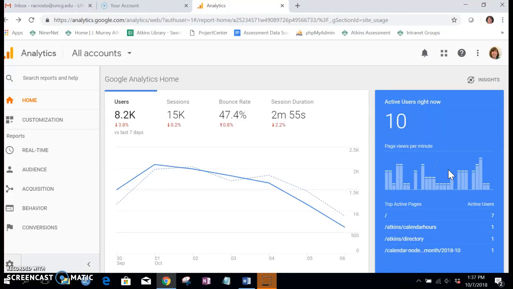Hey there, I wanted to show you just a couple more things about Google Analytics that can be really helpful in data visualization work. So we once again are looking at the Google Analytics for UNC Charlotte's Atkins Library. We're just in the main home section of Google Analytics, and I am going to scroll down